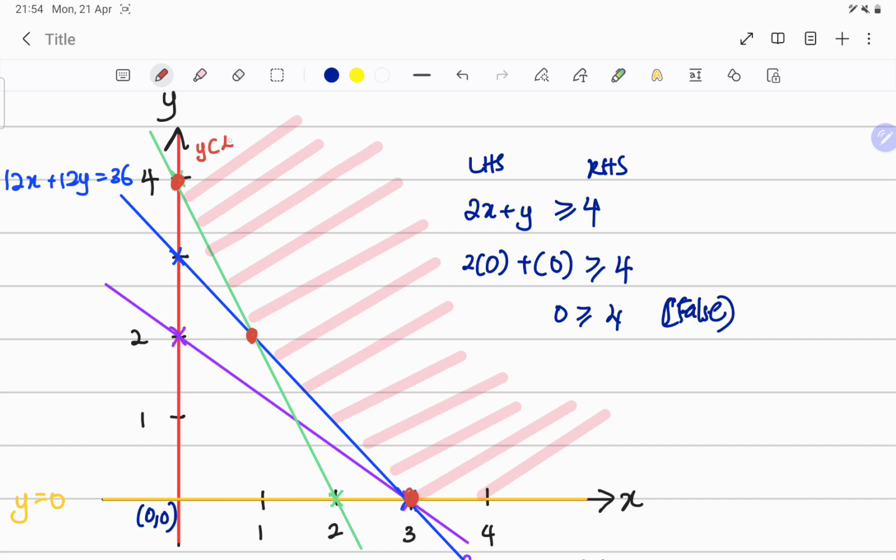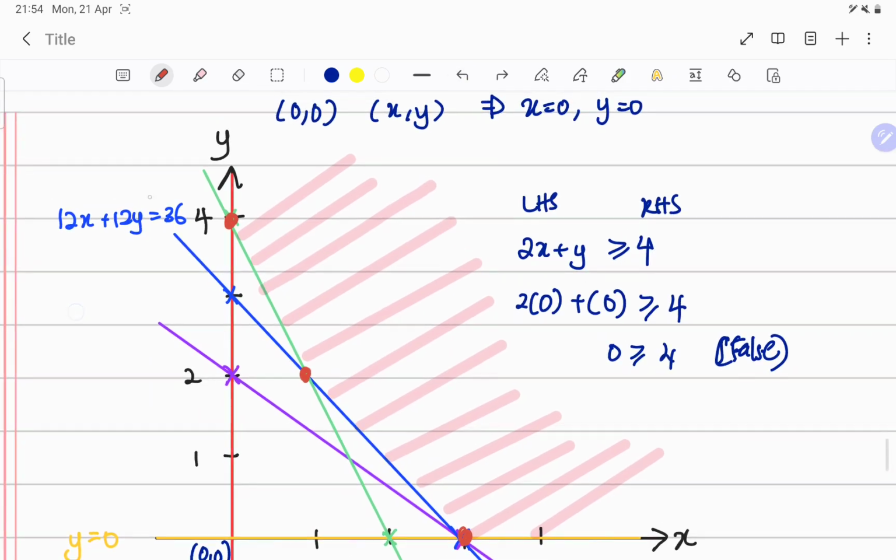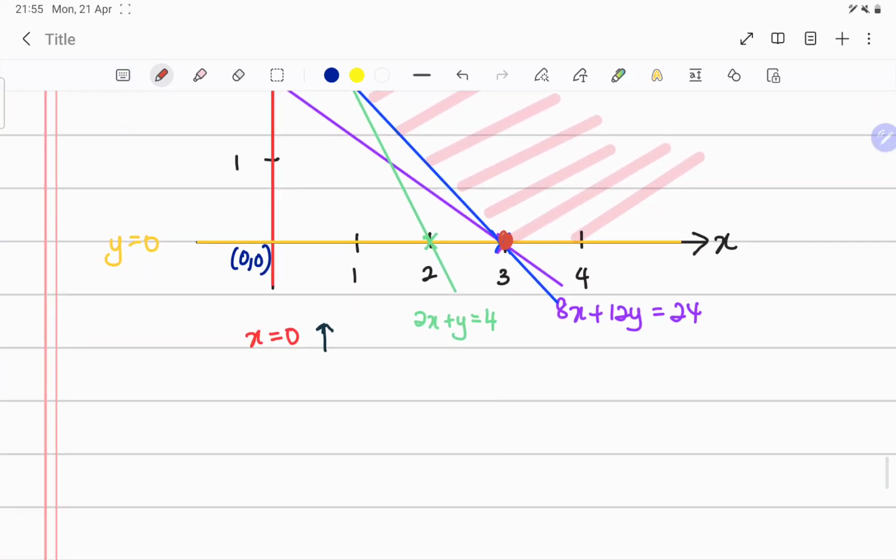So y equal to 4. So to find x, how? We need to go to the equation for the green line here, which is 2x plus y equal to 4. So when y is equal to 4, use the formula for the green line, 2x plus y equal to 4. So now substitute 4 inside y here, so you get 2x plus 4 equal to 4,